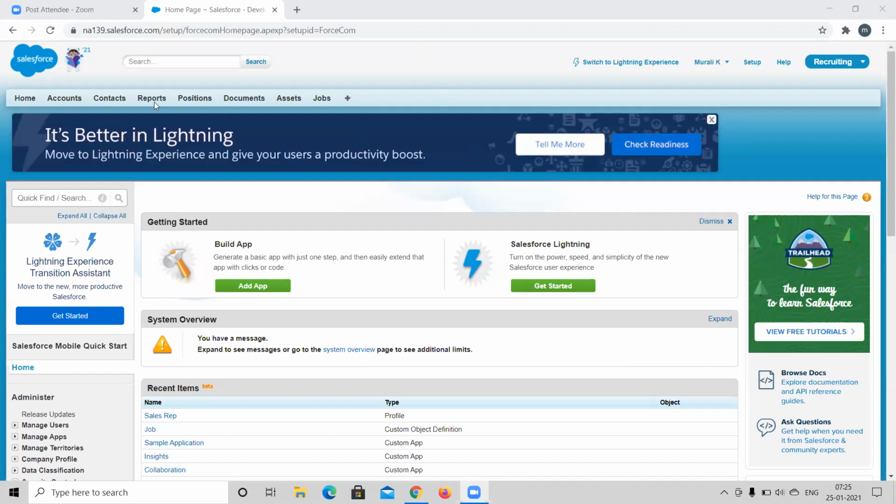So today I'm going to start the Lightning. How the Lightning environment will be, whatever we have done in Classic, how to do the same in Lightning. I'll explain, and we'll get familiar with the Lightning environment today. And before that,